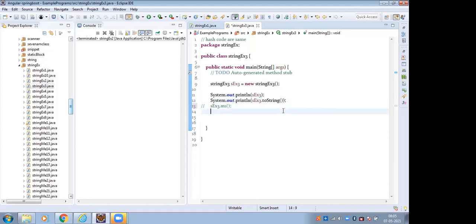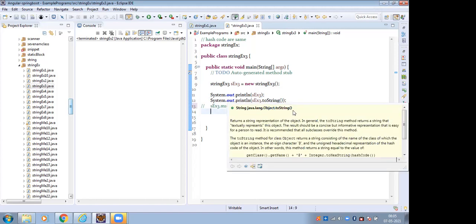Why? Because the toString method is contained in the Object class. So the toString method is inside the Object class. Where is the Object class? In the java.lang package. So in the java.lang package, inside the Object class, the toString method is there. So in the inheritance concept, we complete one concept.